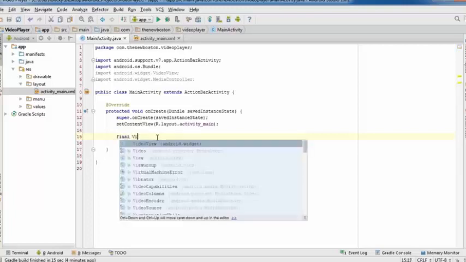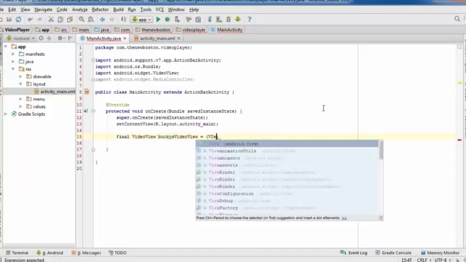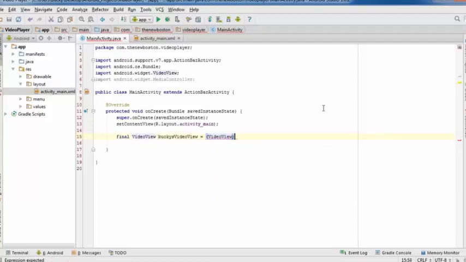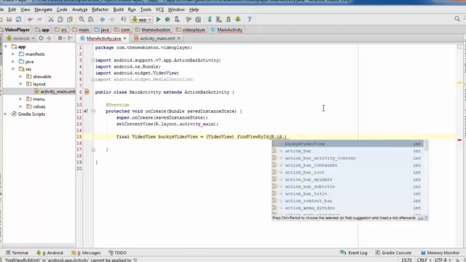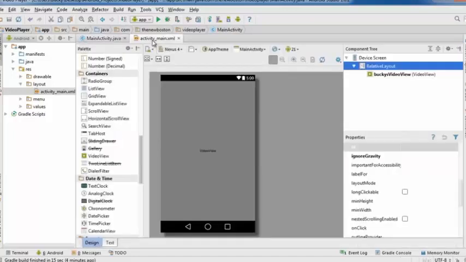So final video view, Bucky's video view, and of course just set this equal to video view right there, Bucky's video view. So simple enough. Now after this, now that we have a reference to it, in order to say, okay, this